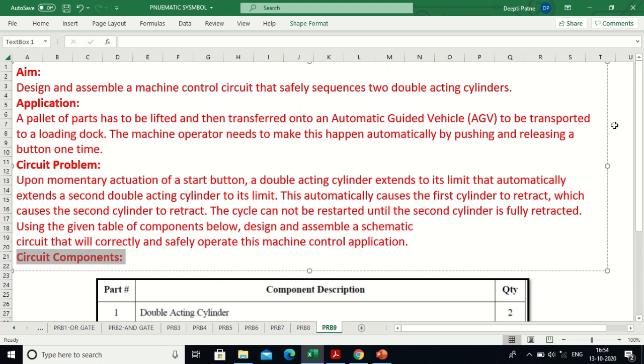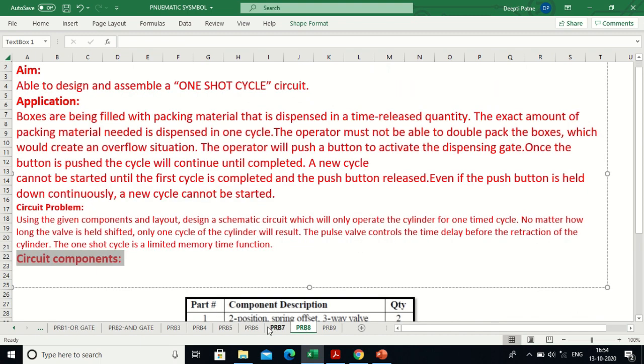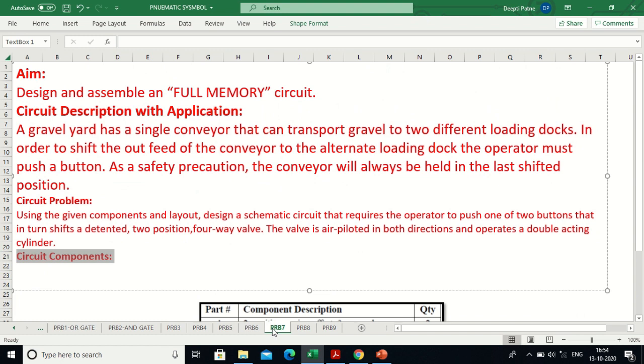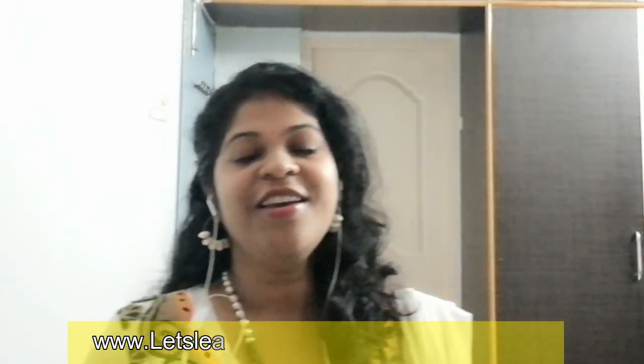It's wonderful to work with, because there are very interesting designs which I want you all to come up with. Remember, everyone will have a different design; guidelines are given that will help you to draw the diagram. So please develop the circuit and share it with me. I hope this particular video is going to help you to develop the various circuit diagrams. As you are practicing, I'm sure that you are going to develop the logic properly.